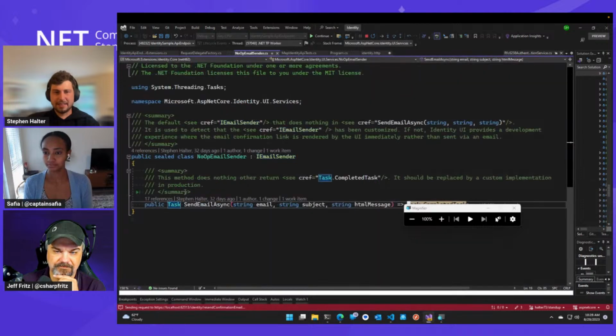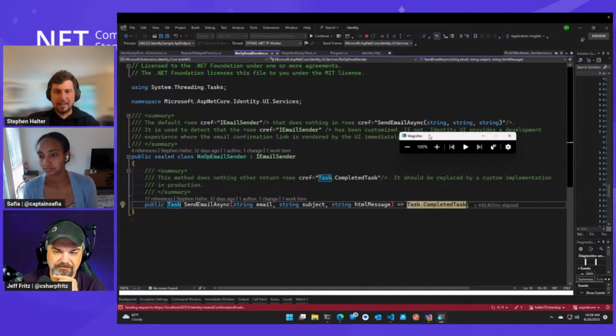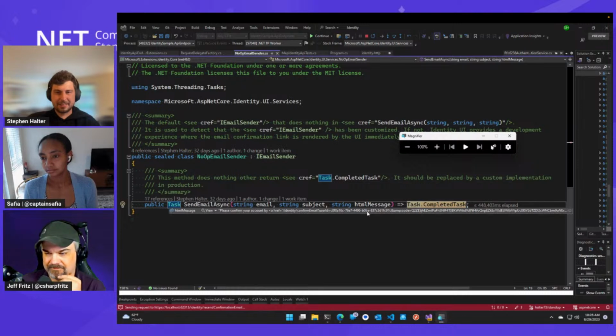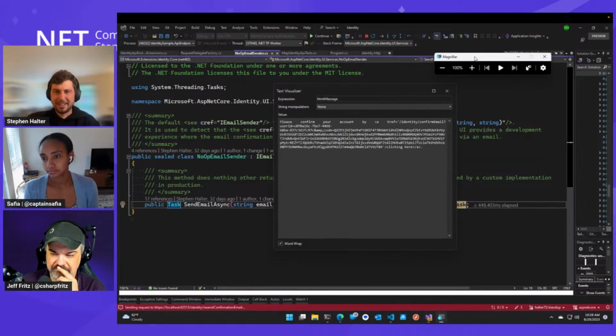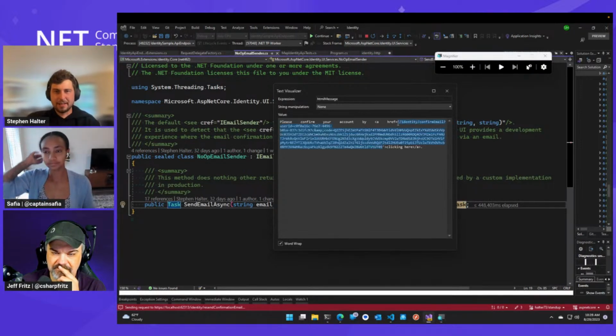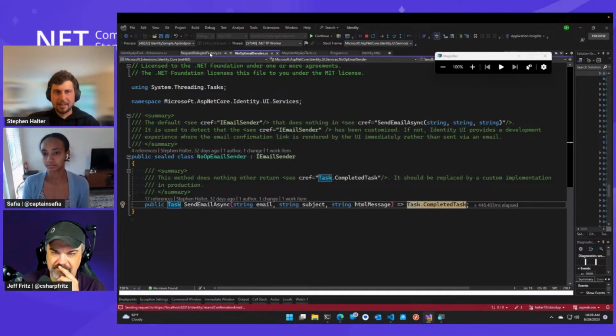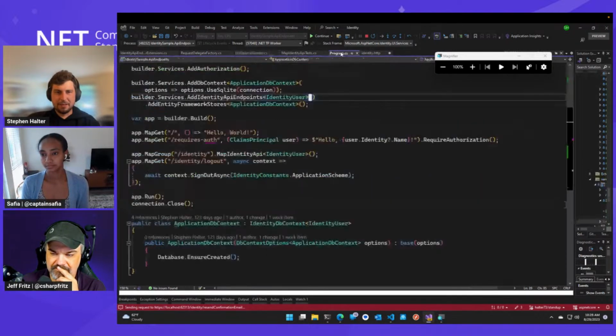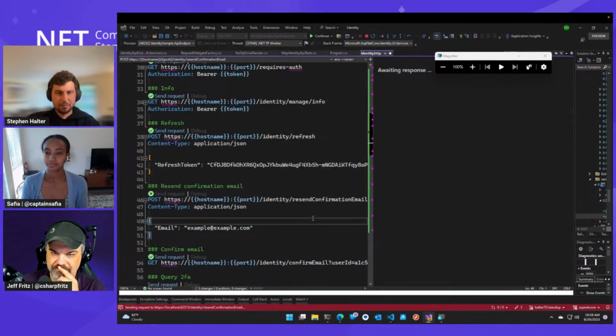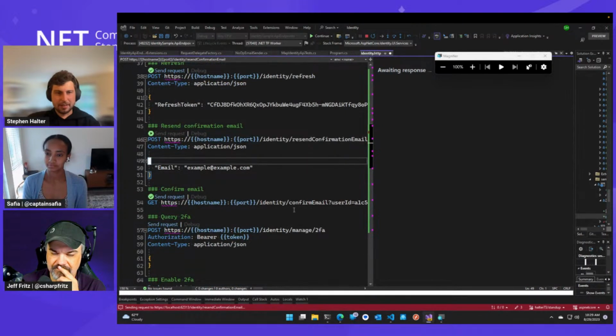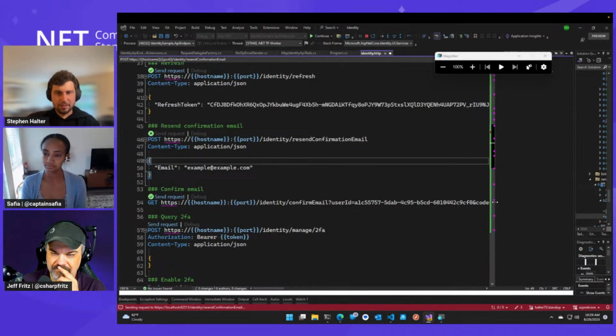I'm going to resend the confirmation email really quickly. I copied this earlier, but I think I lost it in my clipboard, so I'm going to copy it again. One thing to note is this is already HTML encoded, so this should work if you get it in a normal email client, but we have to be careful when confirming the email here.